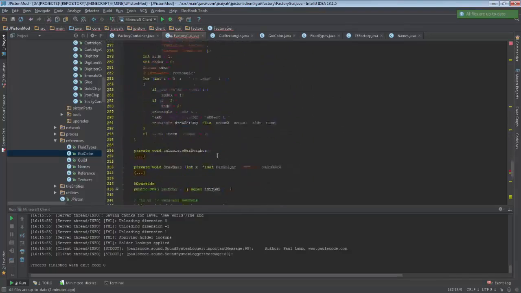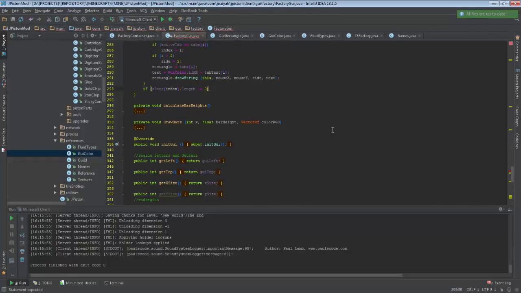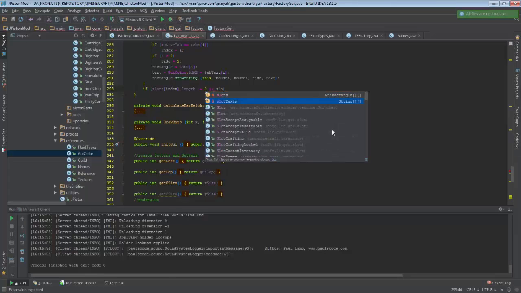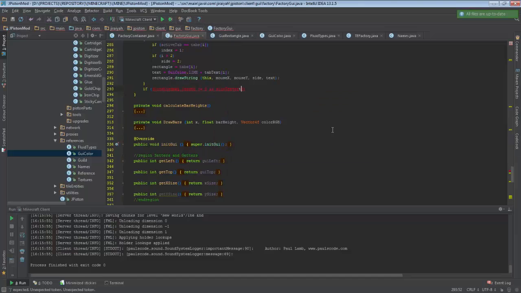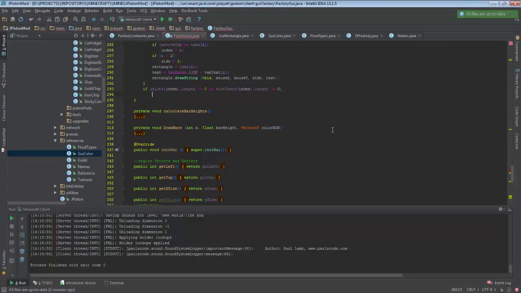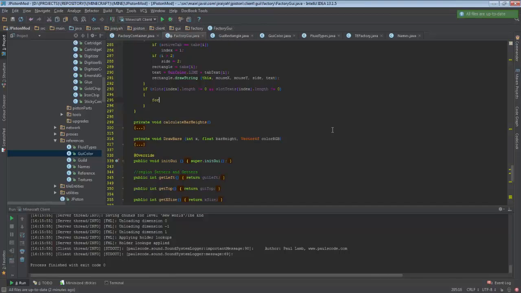So if the size is not equals to 0 and the slot texts of the index dot length does not equal to 0, then we go into a for loop for